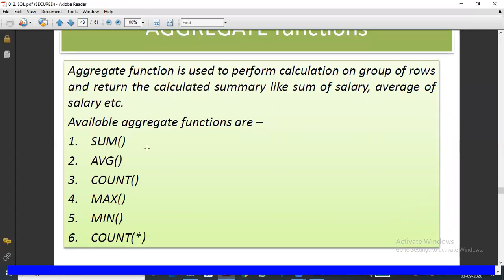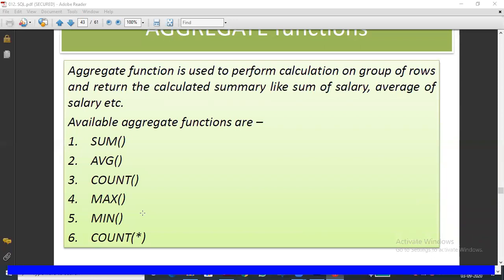Okay, first we are going to see all the aggregate functions. Six aggregate functions, actually five. The count itself has two types. Generally we say five types of aggregate function, but count star is a different meaning. Count of a field name being passed is different, which I will explain later. So the five types of aggregate functions are sum, average, count, max, min. You can easily understand that from the name itself.